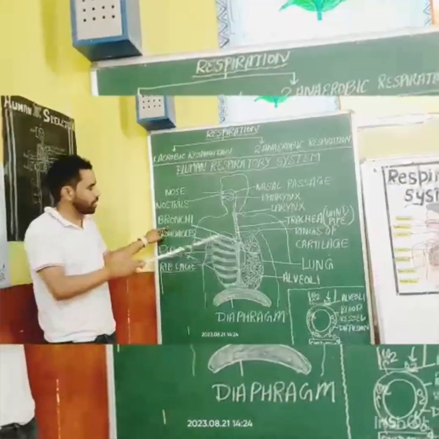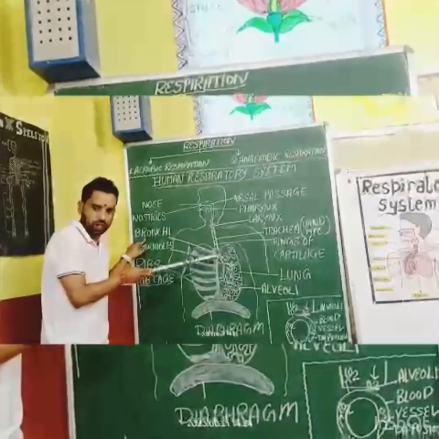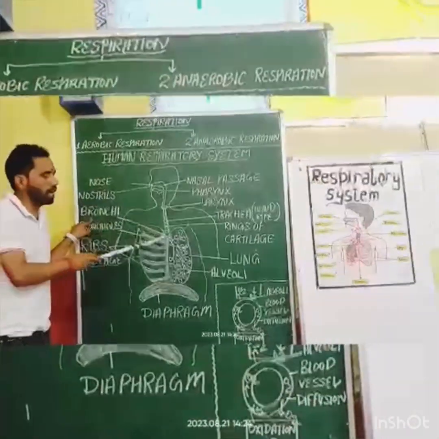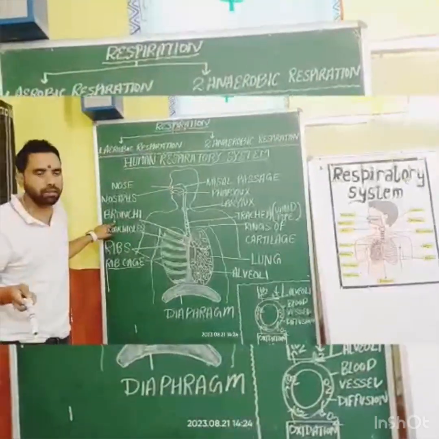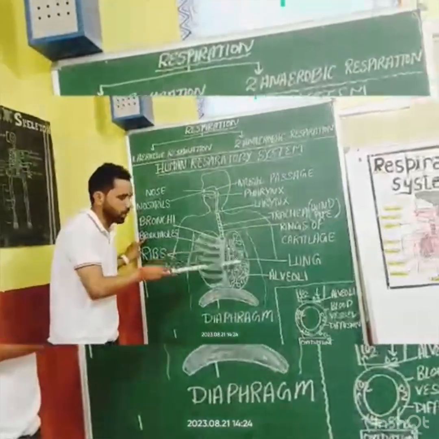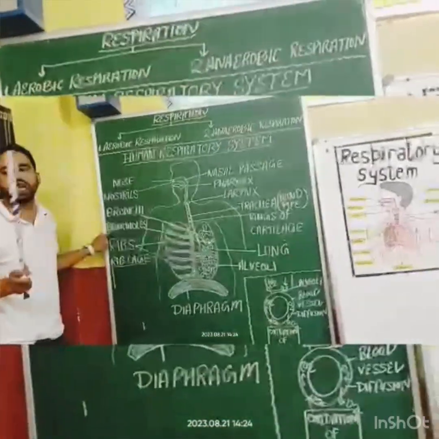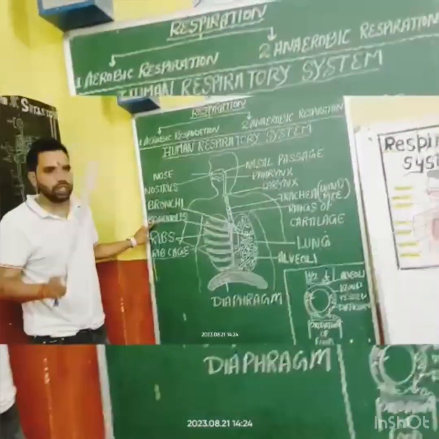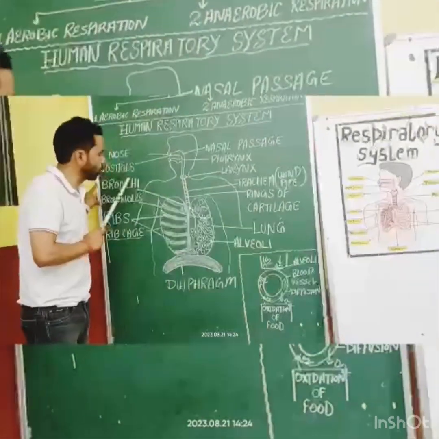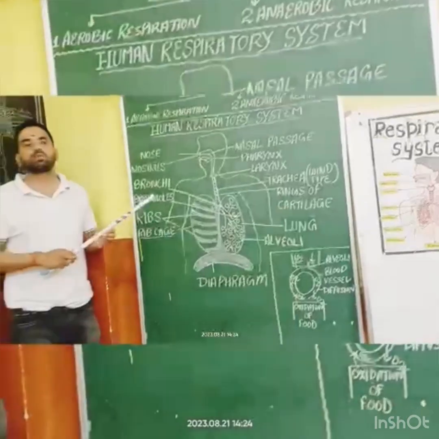These two branches are called the bronchi. After this, these bronchi will split into thin further branches that we call the bronchioles. Understood? As we can say, at the tip or the termination of these bronchioles, there is